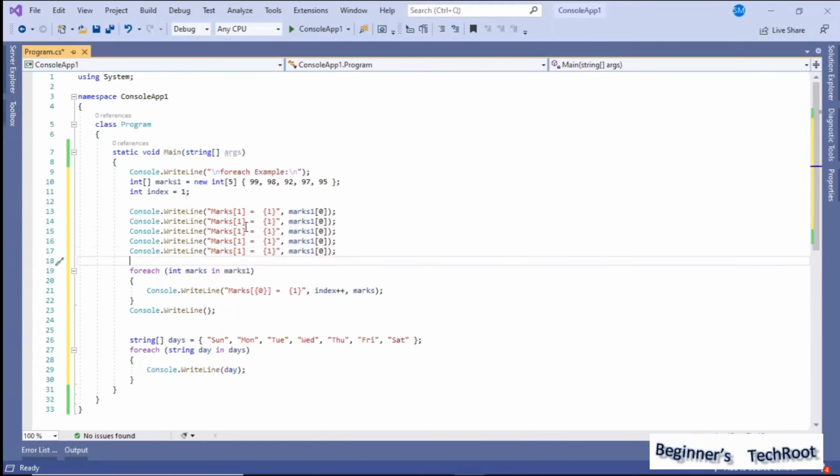So we need to write all of them like this, with the subscripts 0, 1, 2, 3, 4. Like that, we need to write it.